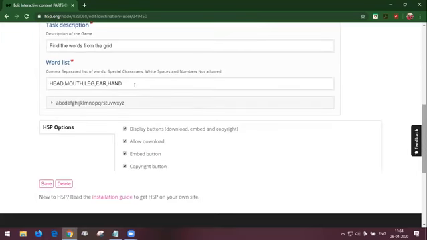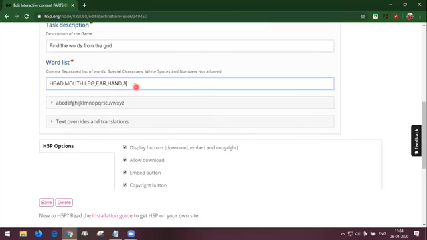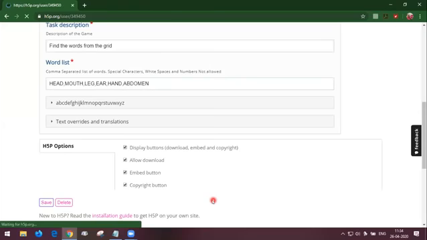Fine. Now I'm entering abdomen. This word contains 7 characters, and I'm now going to give save. You can see another button available here, which is delete. If you have created the same content, you can delete it by clicking here. But now we don't want to go there. Now I have edited my content. I am now going to give save. After saving, you can see the new grid with a bigger size.